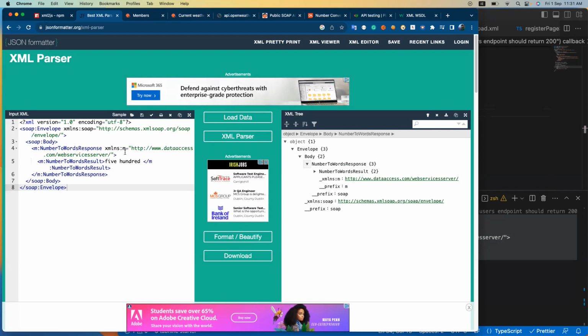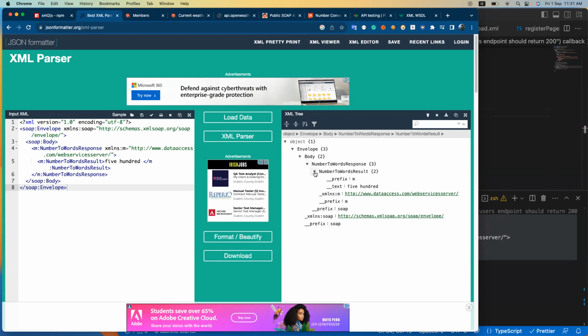Okay, you can see we have to input the XML and get using the XML parser. You can see we got the XML tree. Using these, we can get the hierarchy. For example,